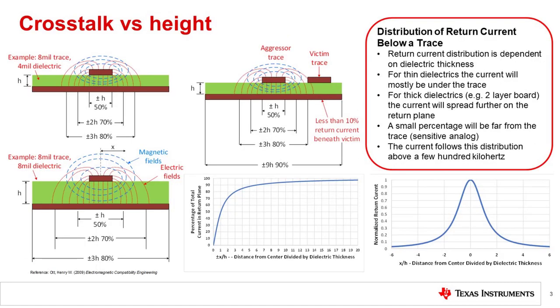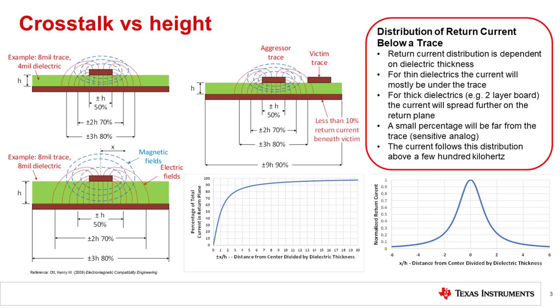When a signal is applied to a PCB trace, a magnetic field will surround the trace and an electric field will run from the trace to the ground return plane. The return current will travel beneath the trace for frequencies above 100 kHz. This slide shows how wide the return currents will spread out in the return path beneath the trace. The return current will spread out more when the height of the trace above the plane is increased. This is because increasing the height, or dielectric thickness, allows the field more room to spread out.